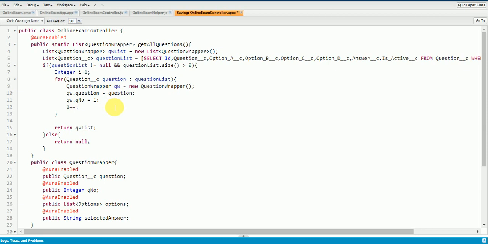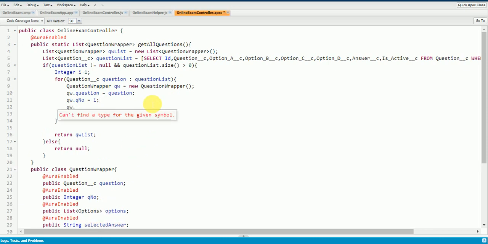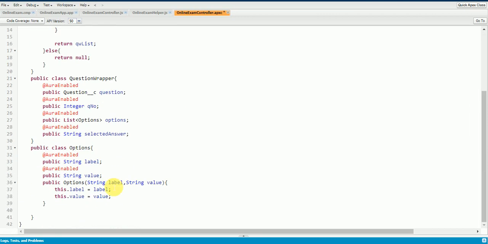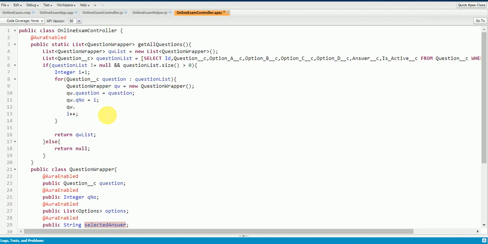That means for the next loop the i value will be 2. In that way we can capture the question number. And also we have selected answer. As of now I'll keep selected answer as null. This is the user entered answer, that's the reason I'll keep this as null.